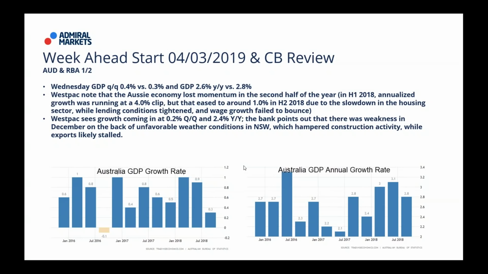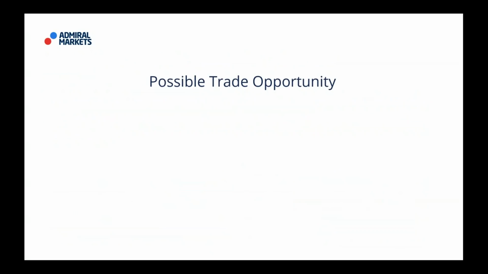That's why I'm not a super strong dollar bull at the moment. Nevertheless, given that we did have this number, what number am I talking about? I'm talking about the fourth quarter GDP growth number in the US coming in at 2.6. Expectation was 2.4. We did see some adjustments in terms of order flow for a long dollar. There's still a rate differential, so a possible trade opportunity for me is long the US dollar and short the Canadian dollar, especially towards the latter half of the week.